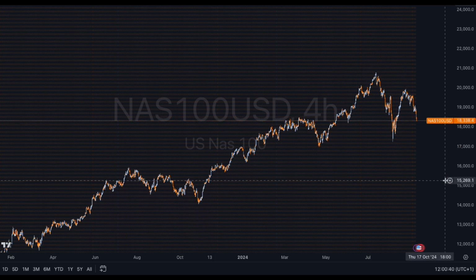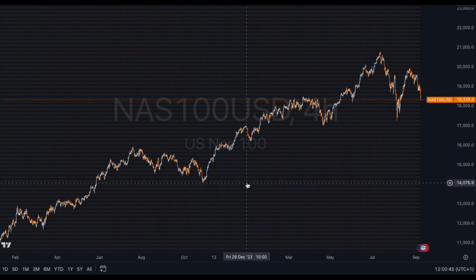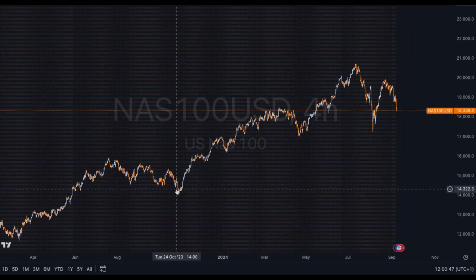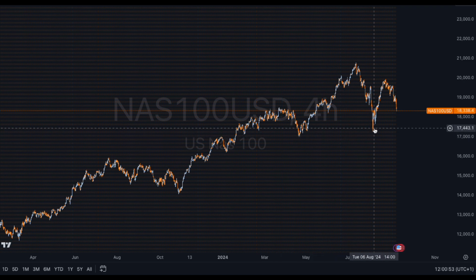Now the second situation that we have, and we're looking at this on a 4 hour, is that we do have a whole bunch of levels underneath, right? But however, we're waiting for one major level to be taken out. And in my opinion, that would be this one right here, right? If this level is taken out